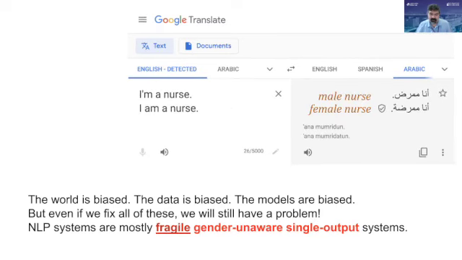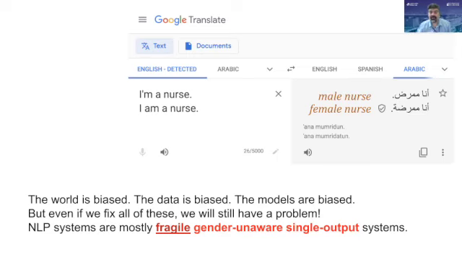Another thing that I find is that these systems are fragile. In this role, by the way, that I'm doing here, I'm acting almost like a psychologist to the AI system, giving it messages, seeing what it says to try to understand it. I'm going to use the word probing, but that's not the right word technically, because that's used in our field in a different way. Here I'm looking at the output. If you say I'm a nurse versus I am a nurse, you get different outputs, right? And this to me is just not very explainable.